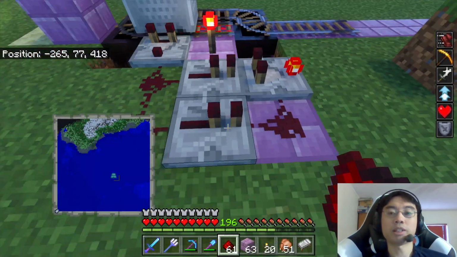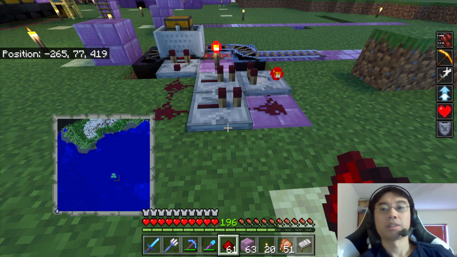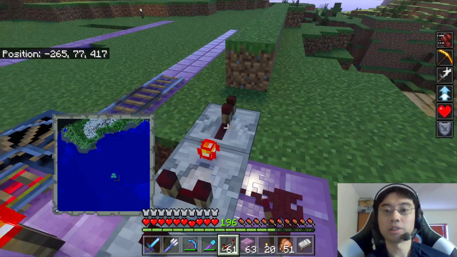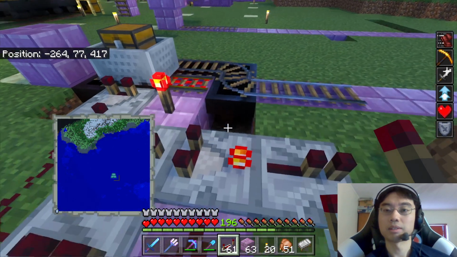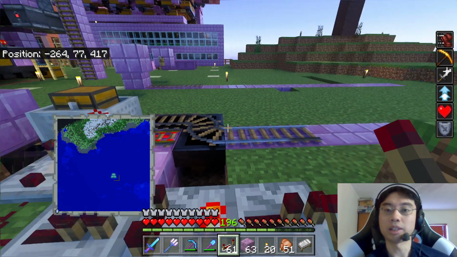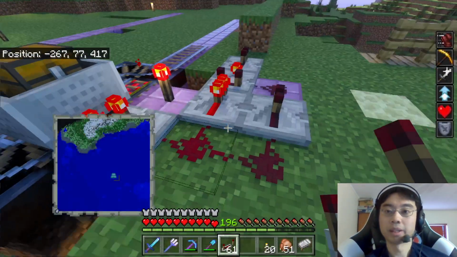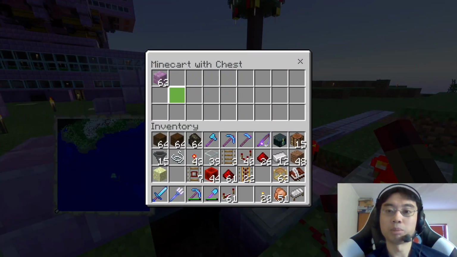Right, that side, subtract that side. So that... Let me just check this. So that... I mean, that's already not enough space in there. I need to extend this out. That's fine. Right, that turns on. But if there's more stuff in it...